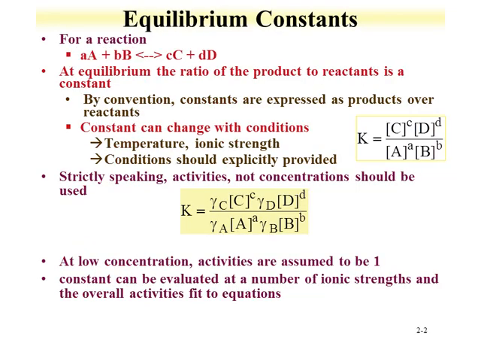For any reaction at equilibrium, we can evaluate a constant that should describe the concentrations. So here we have a generalized reaction, A plus B going to C plus D. At equilibrium, the ratio of the products and reactants is defined as a constant, and by convention, these constants are expressed as products over reactants. And in the equation, we get some constant here, equal to the products raised to the exponent of their stoichiometry